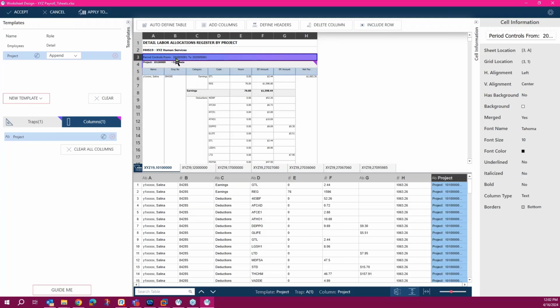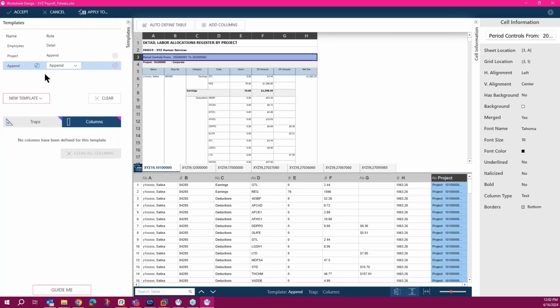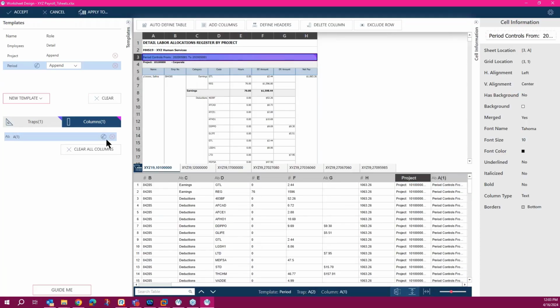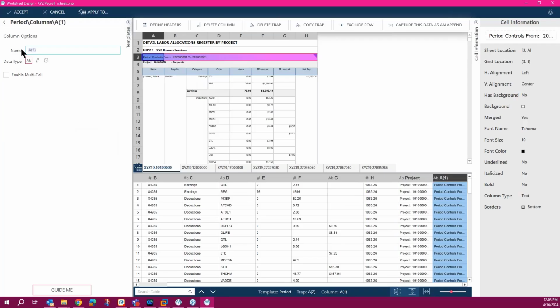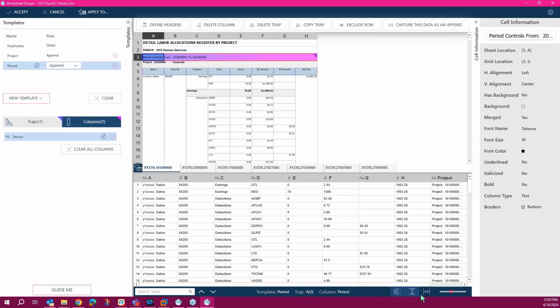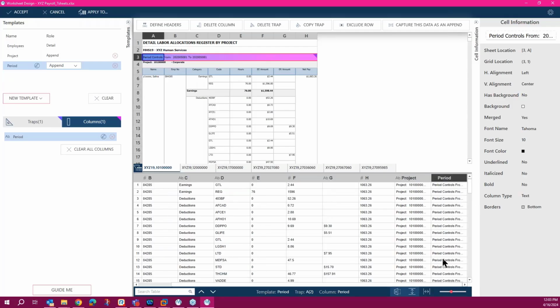That would be another append, and then add column. Okay. So now we can see that the column is added.